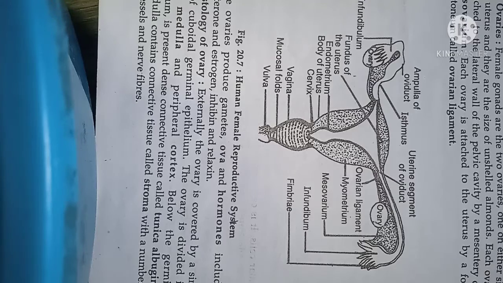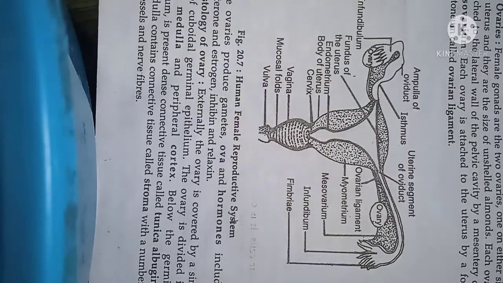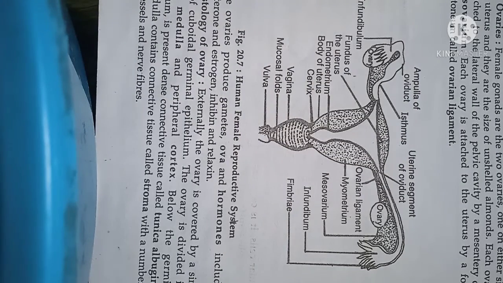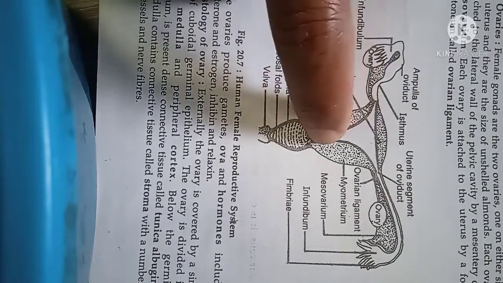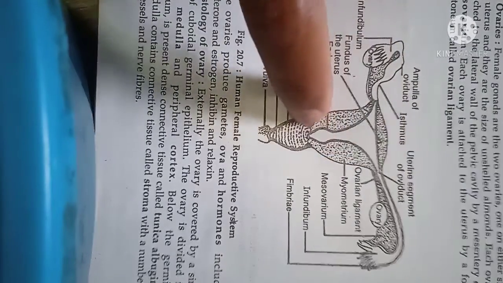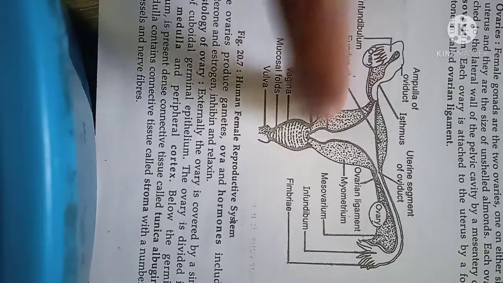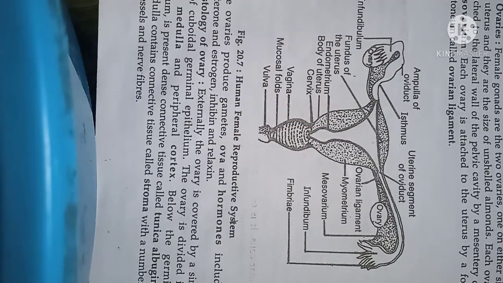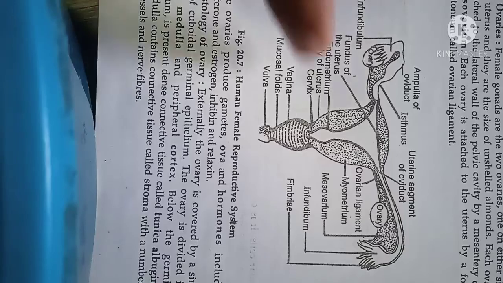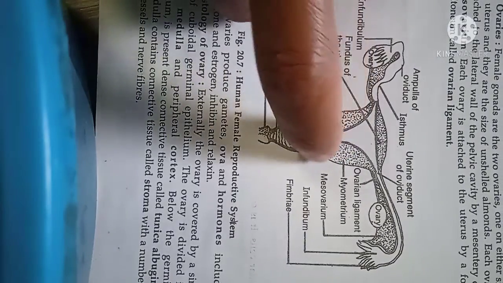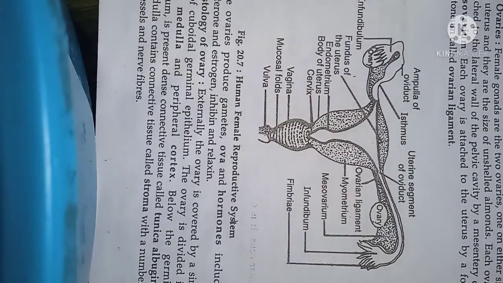Above the opening of the oviducts is a dome-shaped part called the fundus. The wall of the uterus consists of 3 layers. The innermost layer is called the endometrium, the middle muscular layer is the myometrium, and the outermost is called the perimetrium.